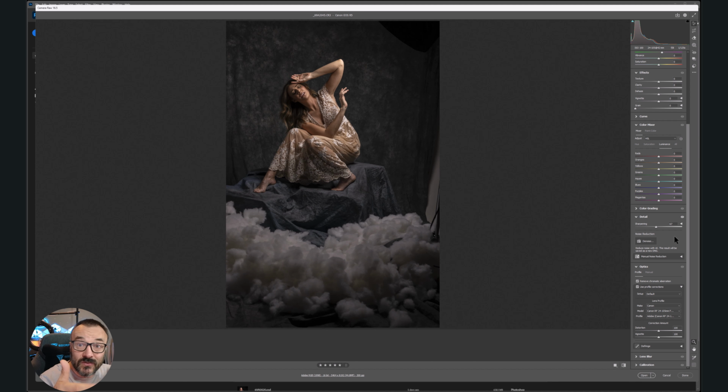So, based on this, you want to set sharpening properly. Next, of course, we want to go to optics and enable, remove chromatic aberrations and use the profile. Those I almost always check, because they will have corrections for the lenses. Doesn't matter how good your